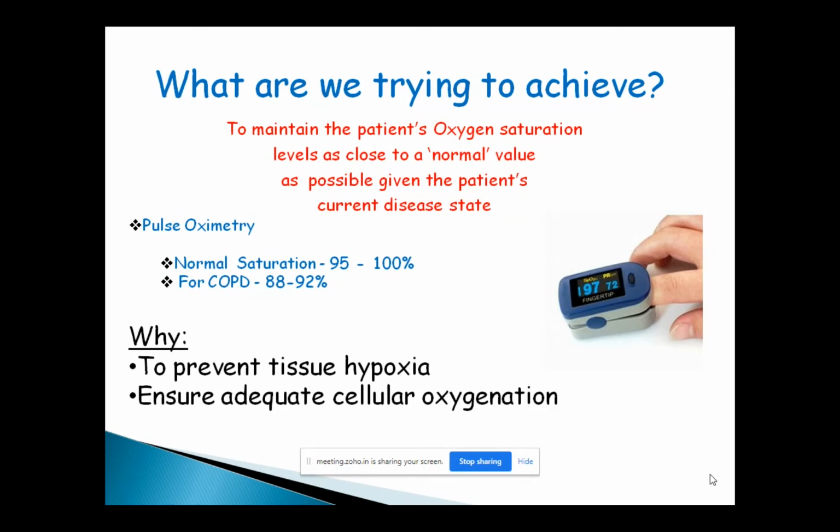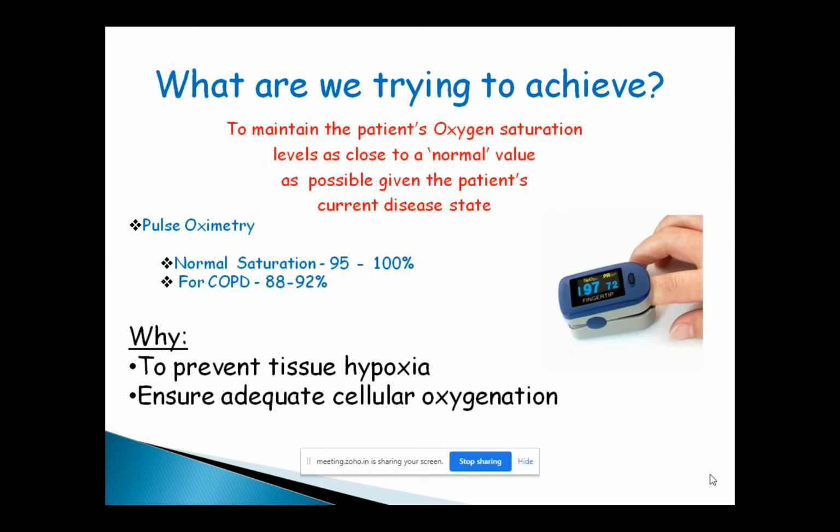Right. Another important thing is, why are we giving this oxygen? The important thing is to prevent tissue hypoxia. By giving oxygen, if people think you're treating the underlying condition, that is wrong. The aim of the oxygen is to prevent tissue hypoxia caused by this condition. For example, people may have hypoxia if they have pneumonia. People may have hypoxia if they have a pulmonary embolism. People may have hypoxia due to heart failure. People may have hypoxia due to atelectasis, which is lung collapse.